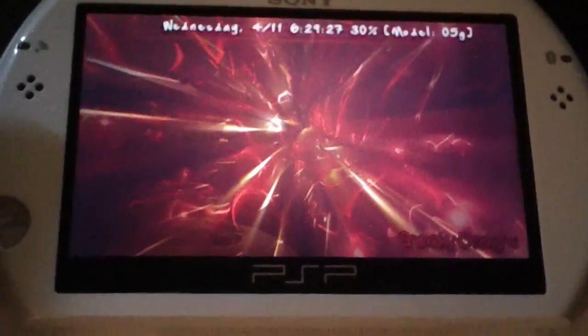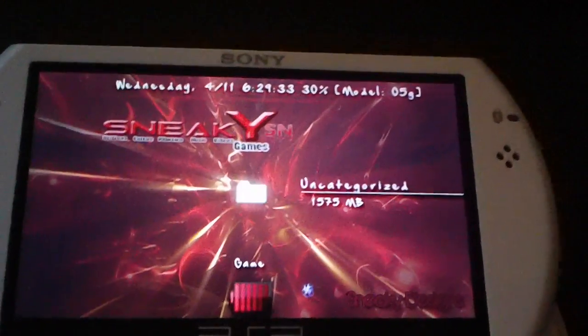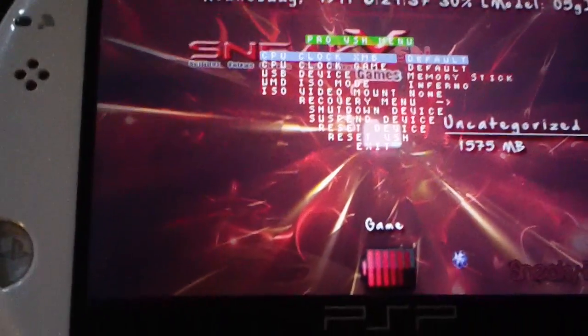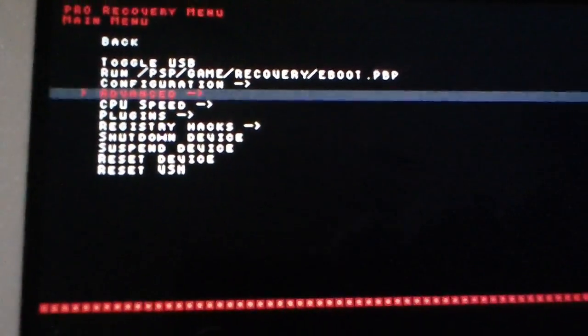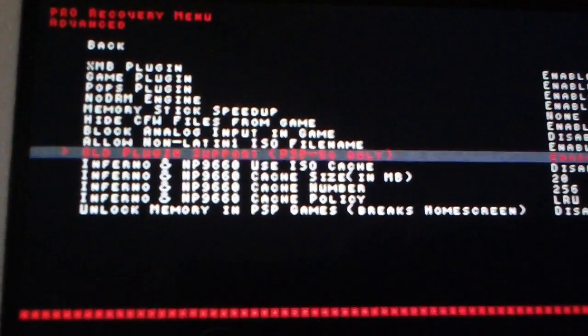Now there's a couple options inside of the Pro CFW that you have to toggle in order to get this to work. So you're going to want to hit select to open up your VSH menu, go down to recovery menu, press X. Inside the recovery menu, select the advanced option, the advanced menu, and then you want to go down and